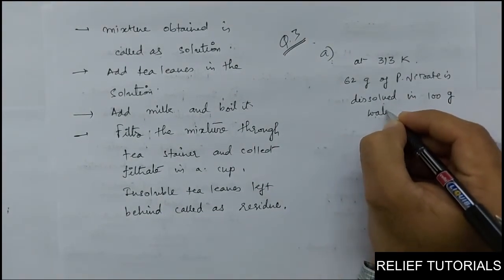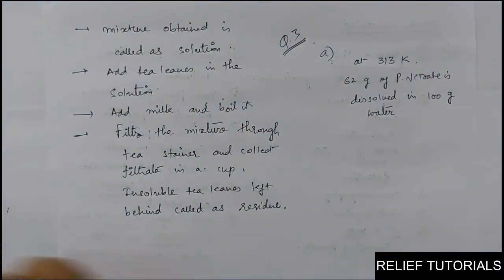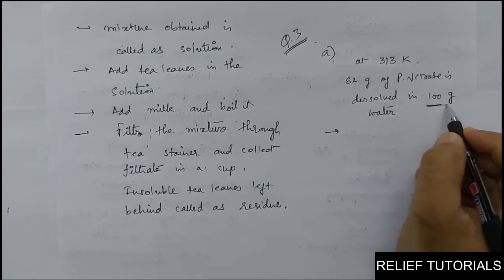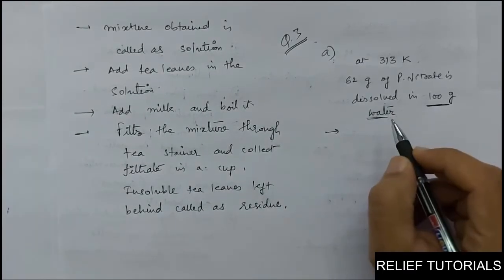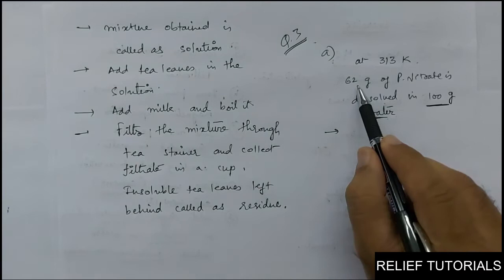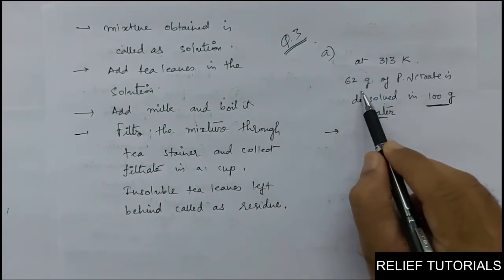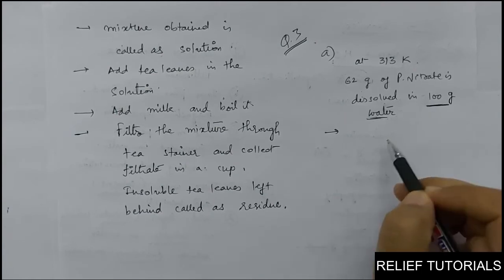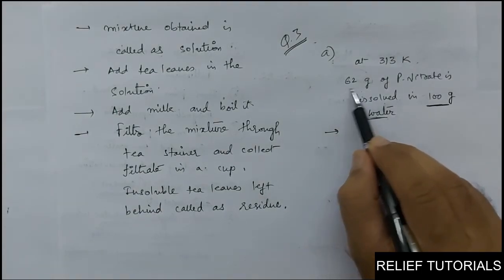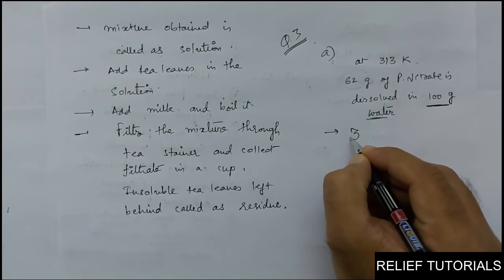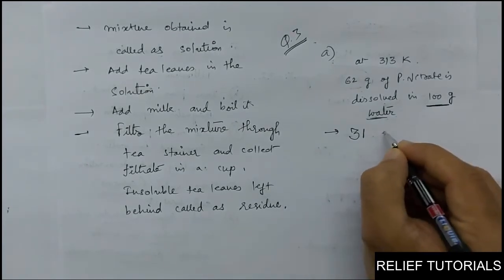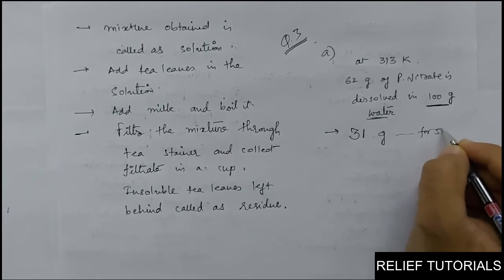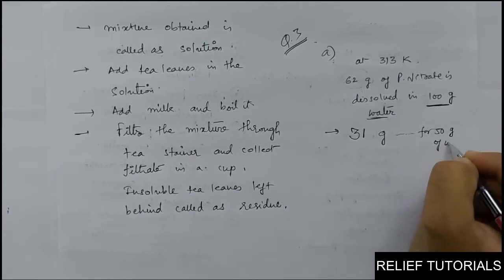This is the observation from the table, but the question is, if you want to obtain the solution of 50 gram of water, in place of 100 gram of water, you need only 50 gram of water, then what mass of potassium nitrate would be dissolved? Obviously, here we require half of the solution, so half of the solute is required. So the answer would be simple. 62 by 2 means 31 gram required for 50 gram of water.